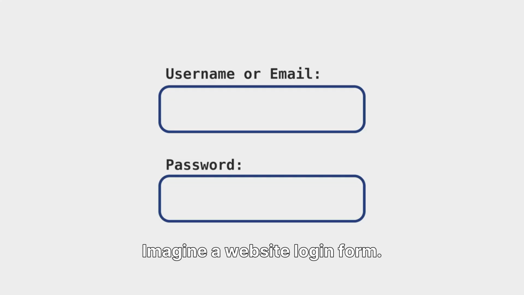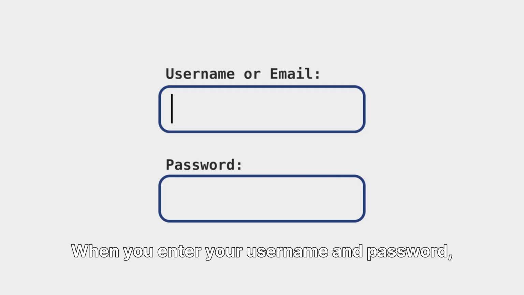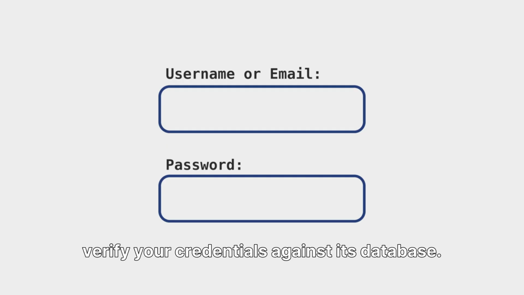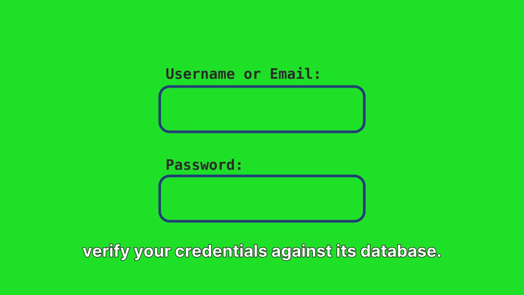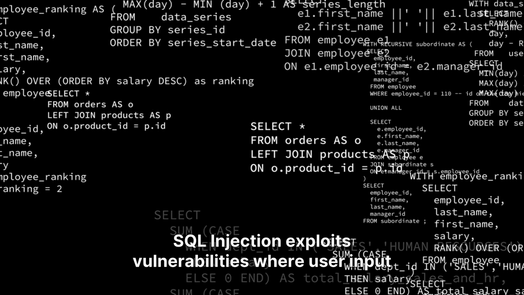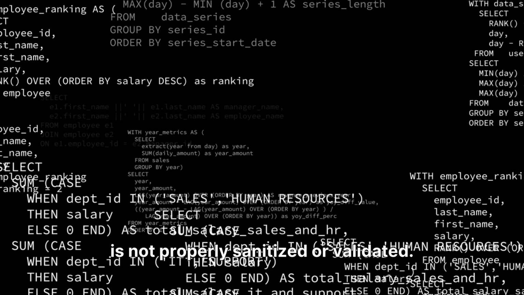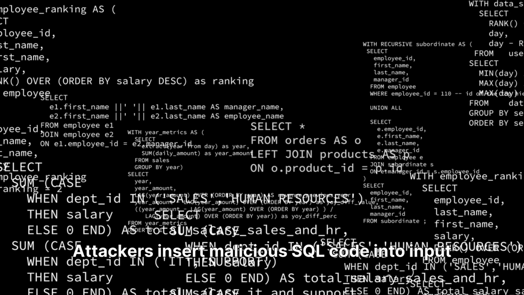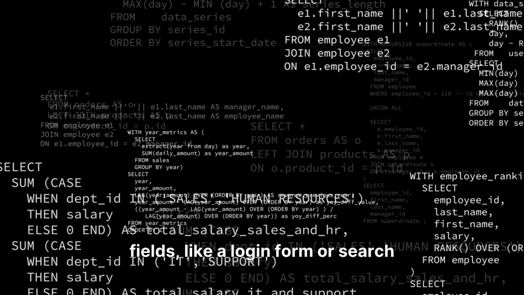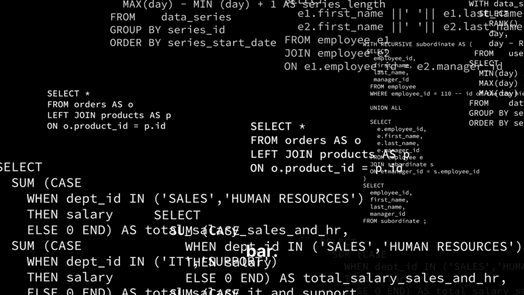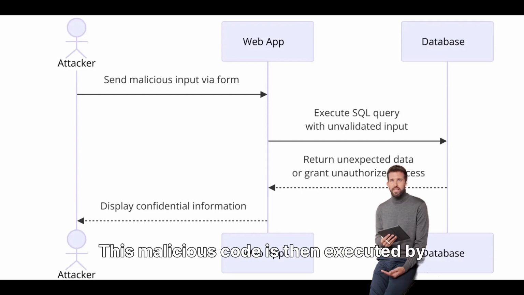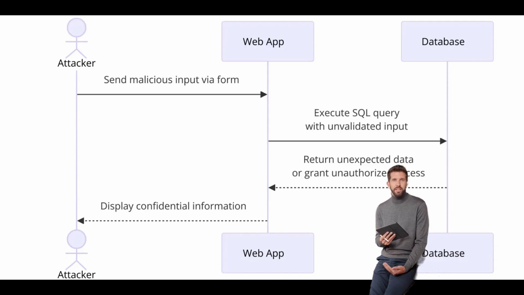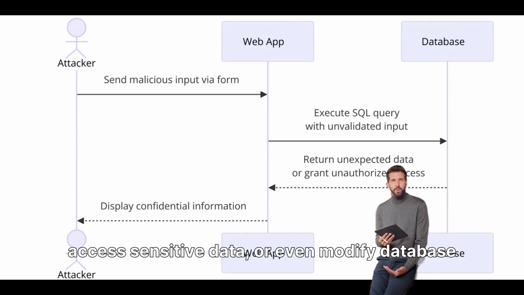Imagine a website login form. When you enter your username and password, the application constructs an SQL query to verify your credentials against its database. SQL injection exploits vulnerabilities where user input is not properly sanitized or validated. Attackers insert malicious SQL code into input fields, like a login form or search bar. This malicious code is then executed by the database, allowing attackers to bypass security, access sensitive data, or even modify